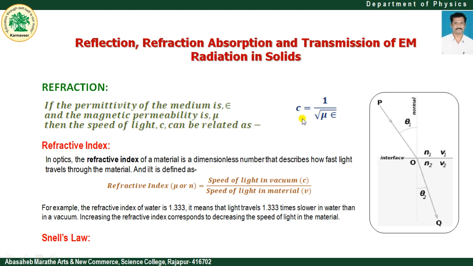Okay, you have to remember this equation. It is the velocity of light in terms of the permittivity and permeability. Okay, here mu is the magnetic permeability of the medium, whereas epsilon is nothing but the